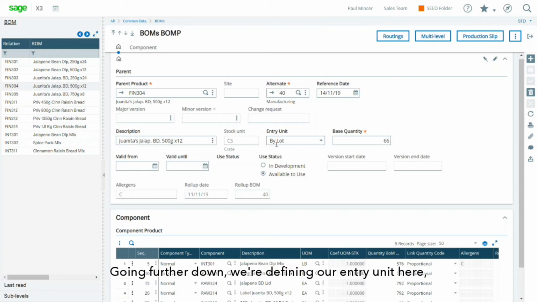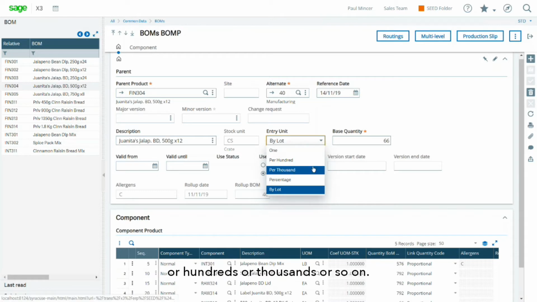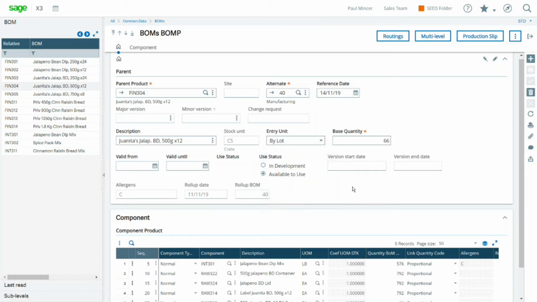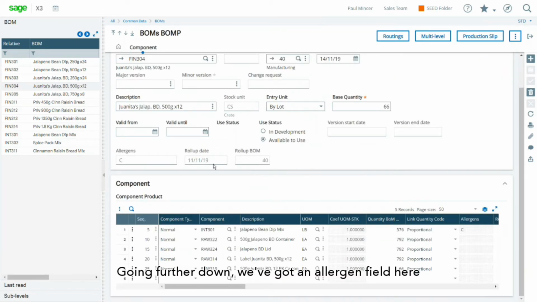Going further down, we're defining our entry unit. Here we're defining that the bill of materials refers to a lot of products, or we can define that it relates to a single unit or hundreds or thousands and so on. And in a lot, we're defining what our base quantity of lots is going to be. Going further down, we've got an allergen field here, and that's a bit of a red flag to us at the moment. We need to see what that letter C relates to, and where that particular product lives within